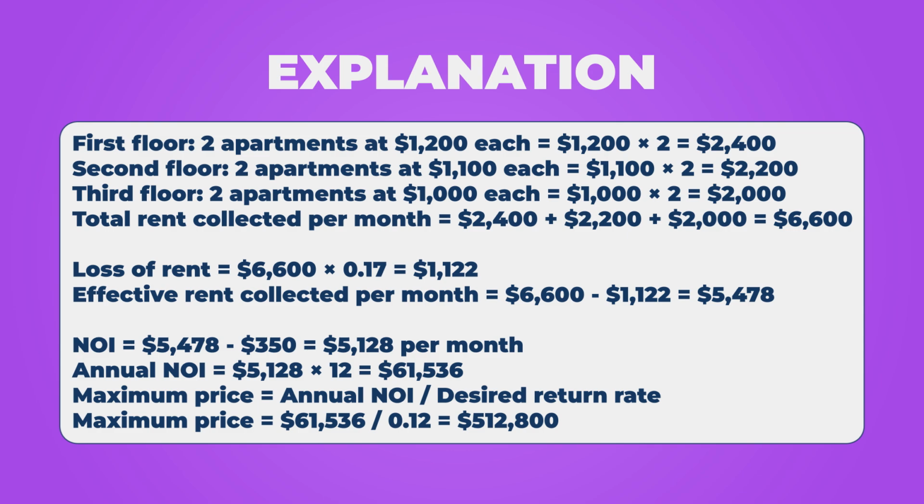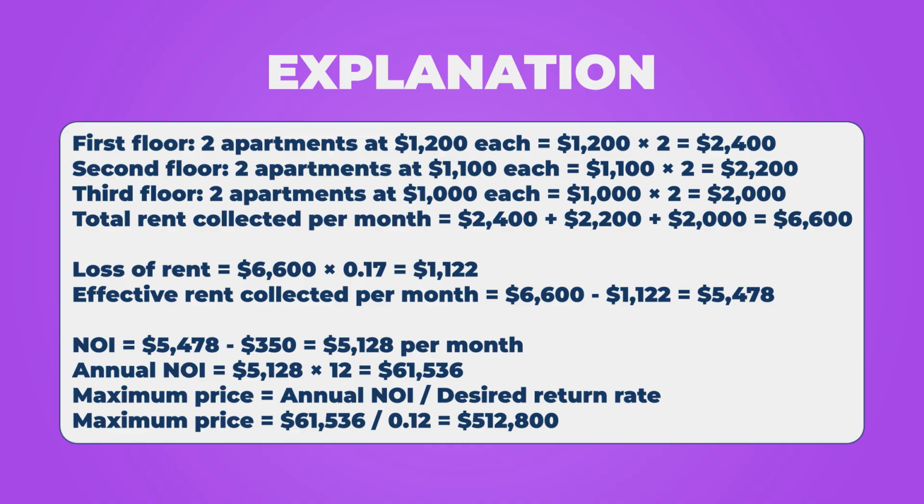$6,600. Loss of rent equals $6,600 times 0.17 equals $1,122. Effective rent collected per month equals $6,600 minus $1,122 equals $5,478. NOI equals $5,478 minus $350 equals $5,128 per month. Annual NOI equals $5,128 times 12 equals